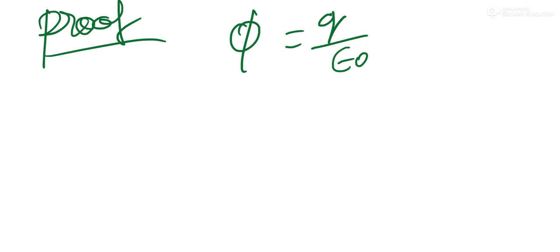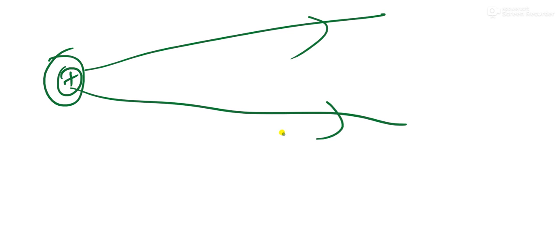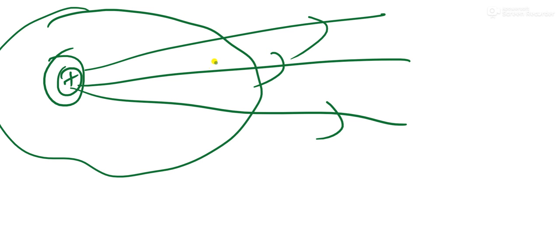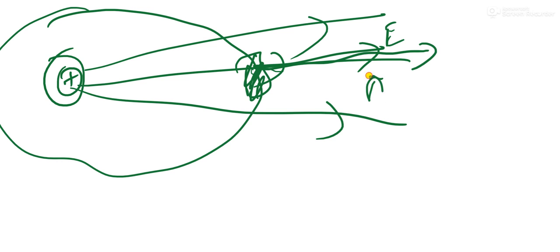How did they get this equation? We have a positive charge here. From the positive charge, the electric field will be outwards. I consider a Gaussian surface. The electric field will be pointing in this direction, and the area vector of this particular point will be pointing in this direction. So area and electric field point in the same direction, and the angle is 0 degree.